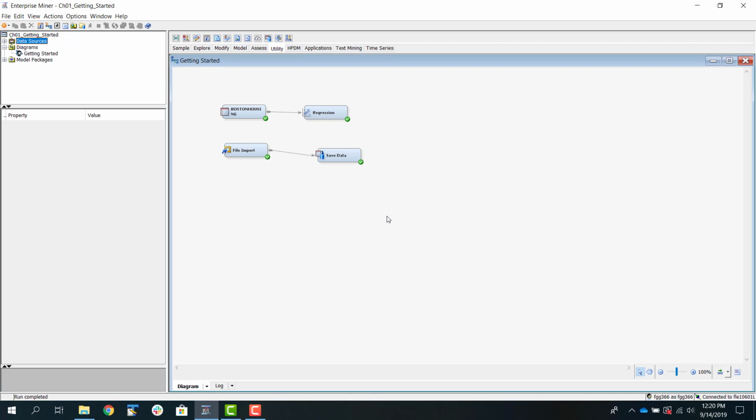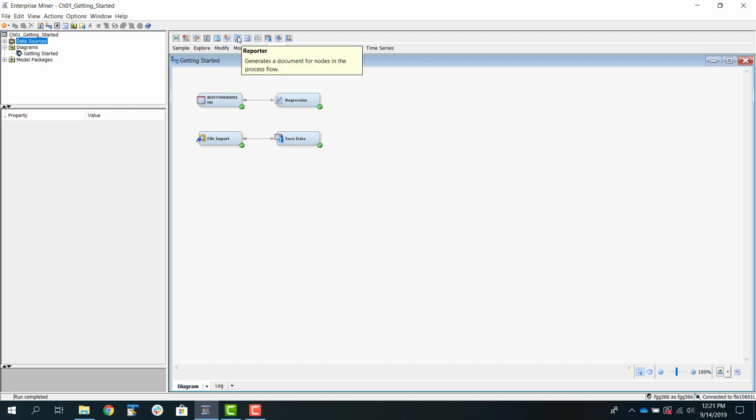So here I'm going to show you how to do that. First, by the way, you can use this button to align your process flows. So here we have two process flows. When you have multiple process flows like this, to create a single model package, there must be one final end to all the process flows. So the best way to create one final end to all the process flows, one node representing the end of all the processes that you may have in a diagram,